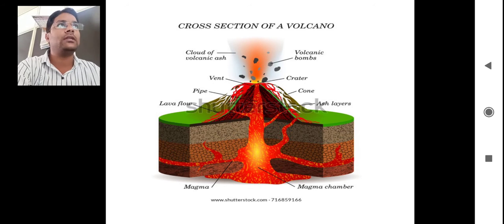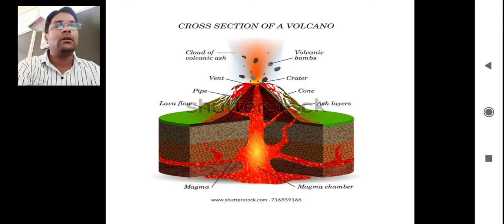So, the first one is a crater. What is crater? It is present at the top of the volcano, and it is a bowl shaped depression at the top of the volcano, and it forms when explosive eruptions occur. The eruptions are more severe or explosive when the magma contains lots of gases, a large quantity of ash, and large fragments along with these gases. When the material is more, and gases are more, the eruptions are very severe and they form a depression that is called as crater.